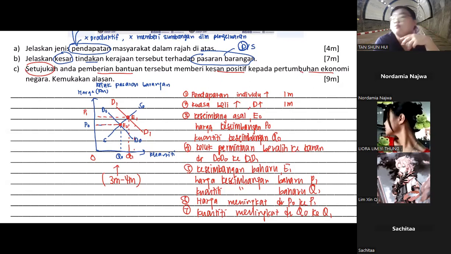Of course, yeah. Agree or not agree? Agree. Okay. You write agree and then you have more things to explain. If you write disagree, you will still get marks, but you will get less marks. Can? Now, so